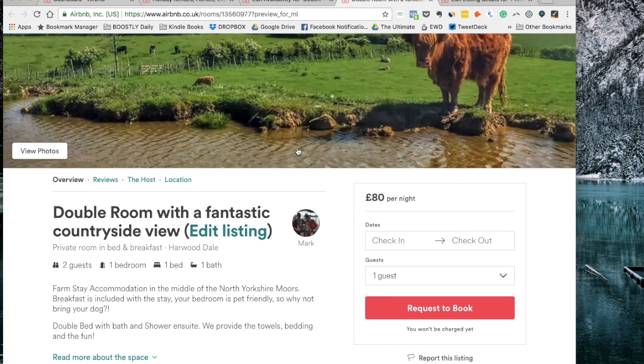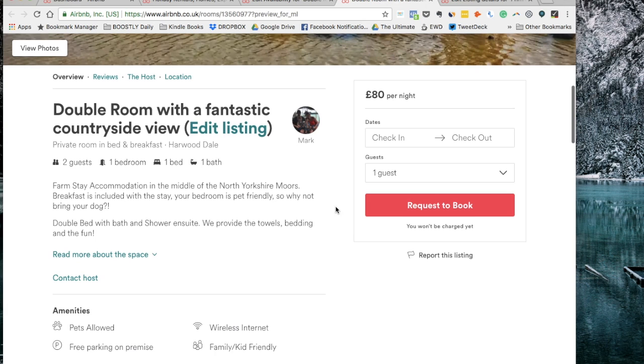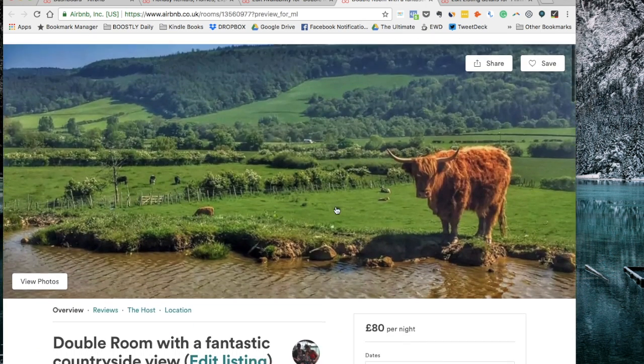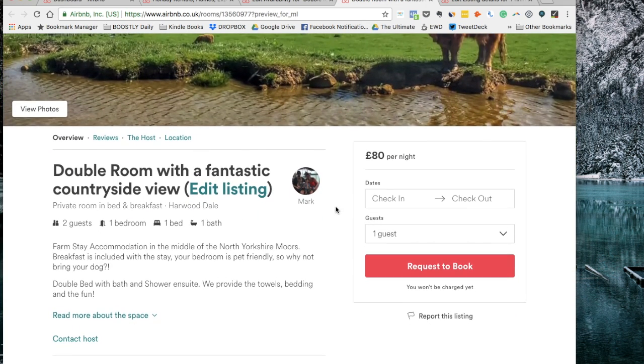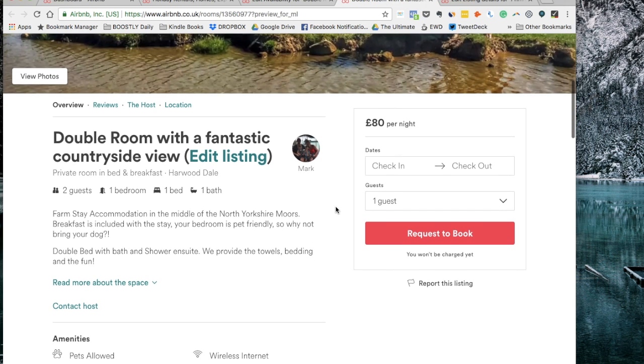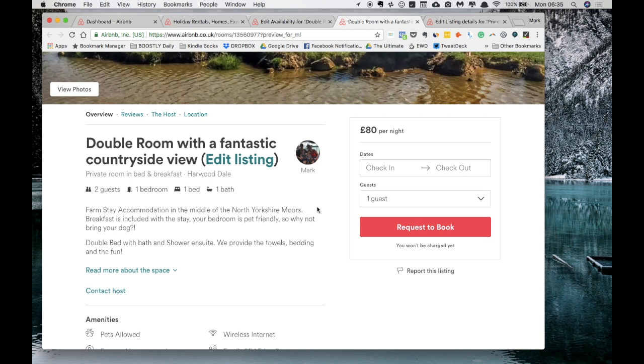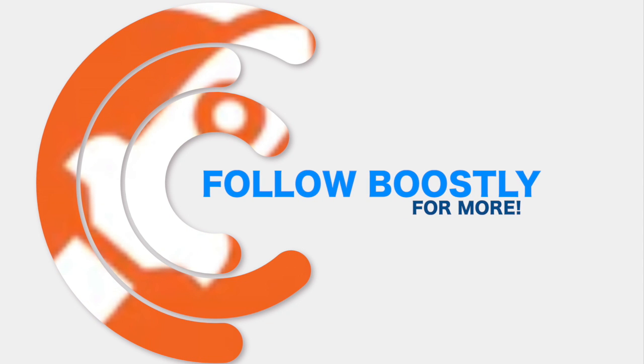So instead of listing each of these individually, what I've done is I've just done one room. Now where I see a lot of people fall down on Airbnb is when they're creating their listing, they put everything in here. What you've got to do is list it as one, okay? And when it comes to the back end and you've got the